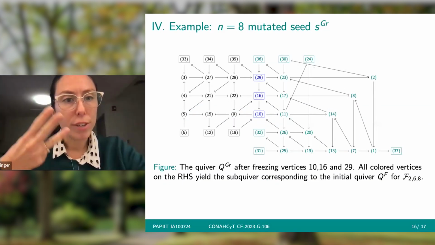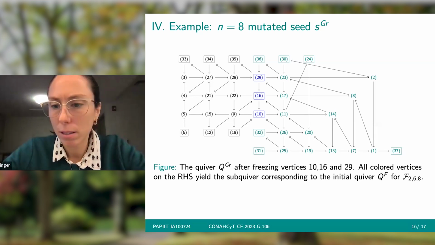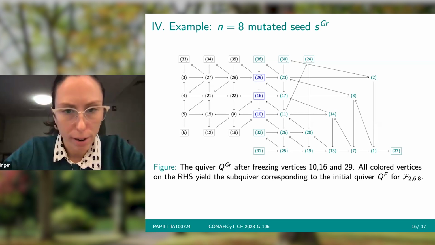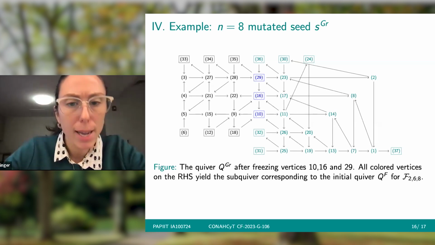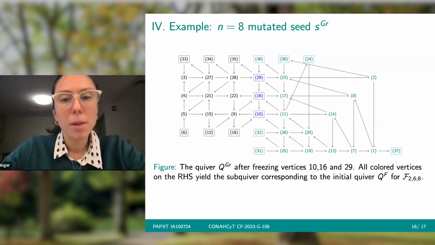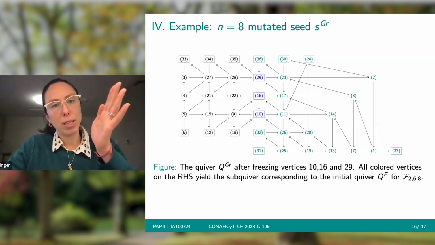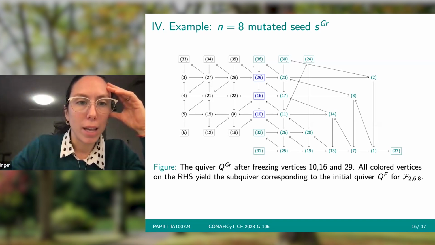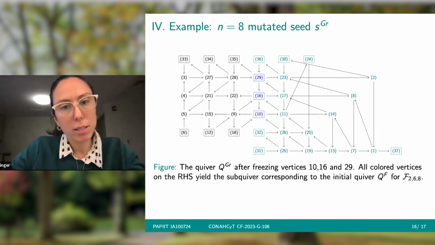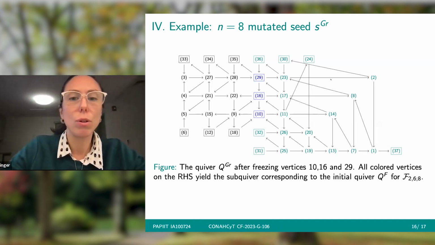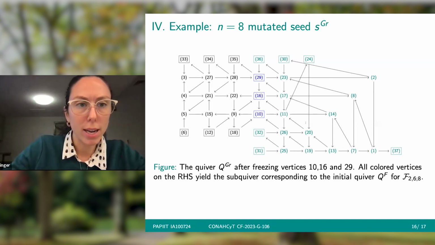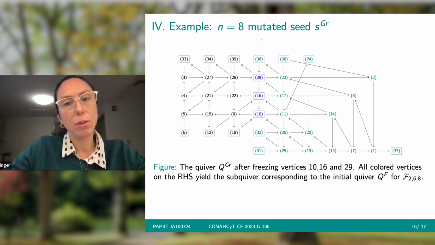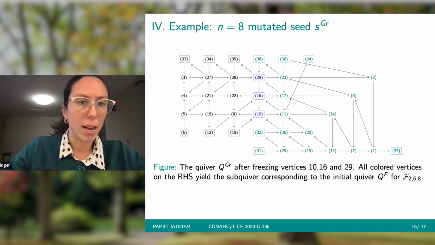I will perform 3 freezings. That is, n-5 freezings in general, so 3 in this case, and these 3 vertices. And after I've done that, you can see that the quiver splits into parts that are not connected. Like the mutable part on the left side is no longer connected to the mutable part on the right side. The right side is exactly the quiver for the flag variety, and the left side is vertices that I would